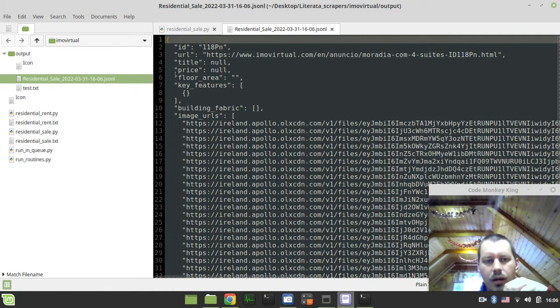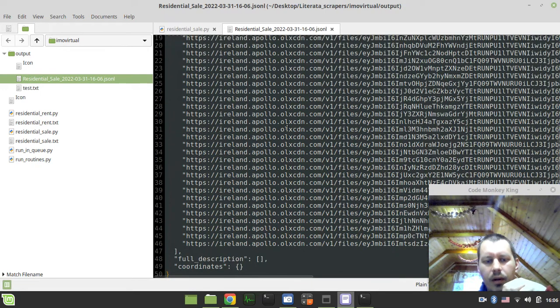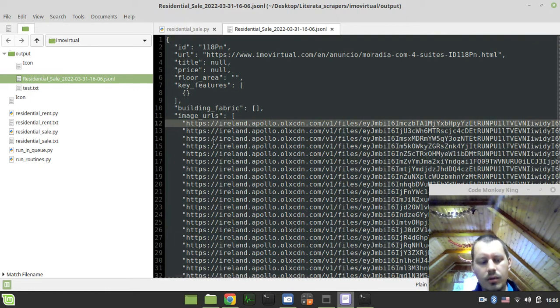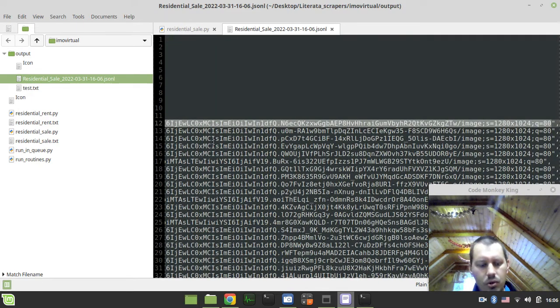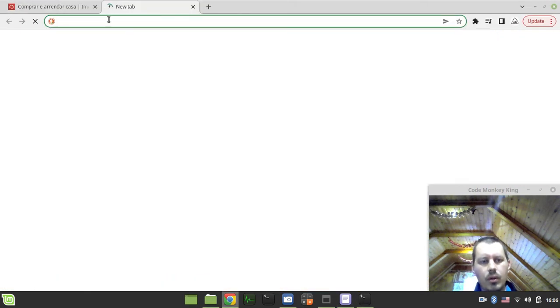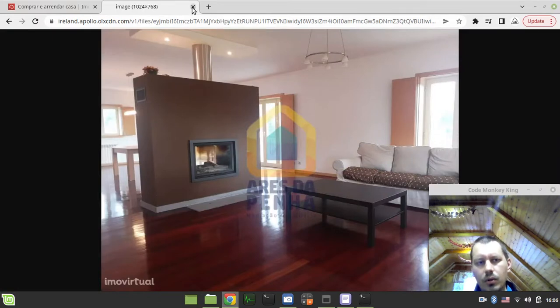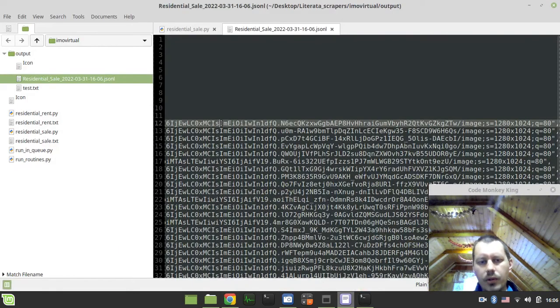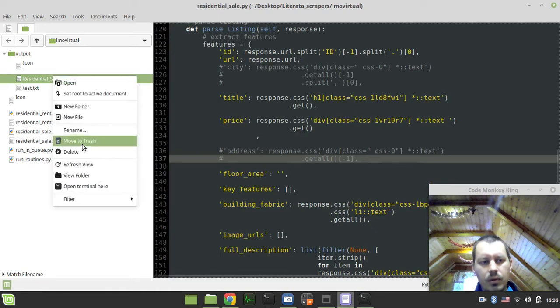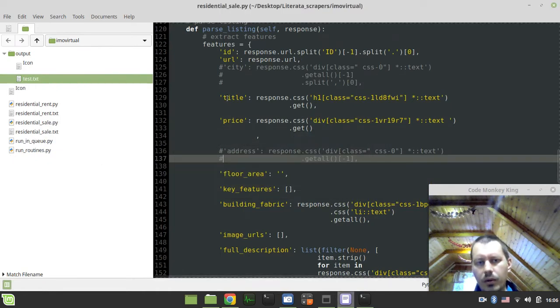So we don't have a title, right? We don't have a price, the floor area. So basically nothing apart from the image URLs, I believe. Let's have a look if at least the image URLs work. I will now be looking for alternative ways of extracting the data. Yeah, it seems like the images are working nicely. In this case, since we don't have any reasonable data, this all seems to be malformed, lost along the way.